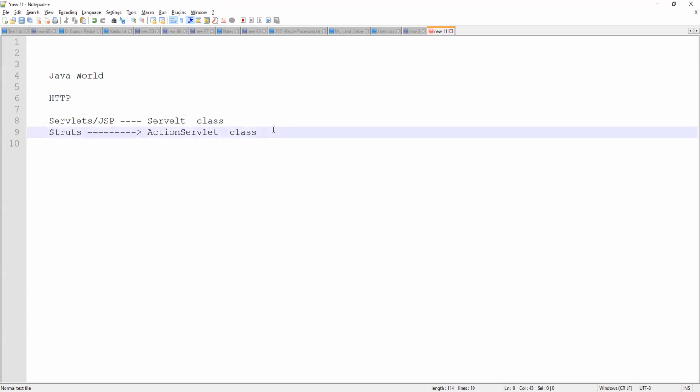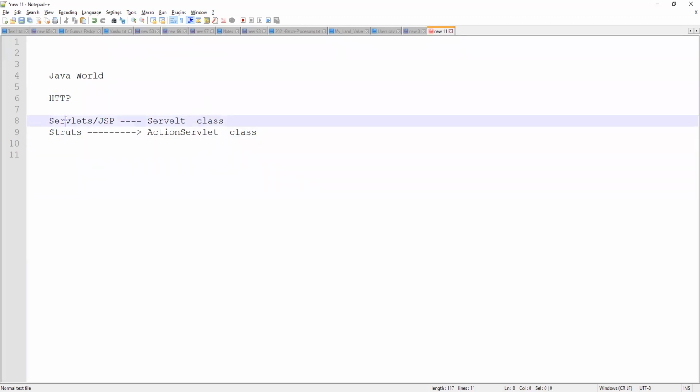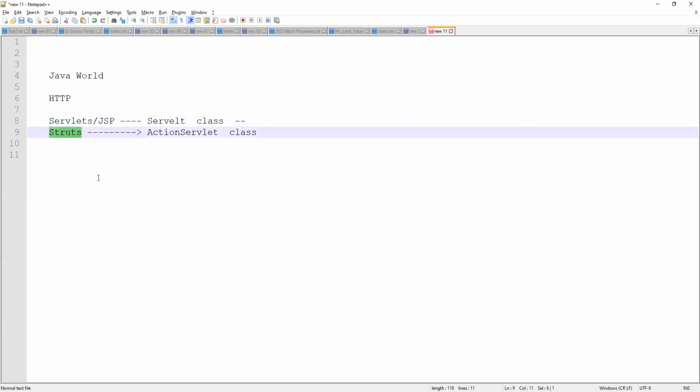So after some days, what are the drawbacks here? Here there is only the servlet class. If you want to write anything, you need to write everything in one class, and it also has JSP pages. So it is very complicated, and debugging and maintainability of the application will be very difficult. It is tightly coupled, and boilerplate code is there. So now Struts came into the picture.